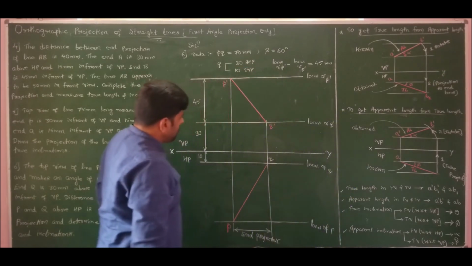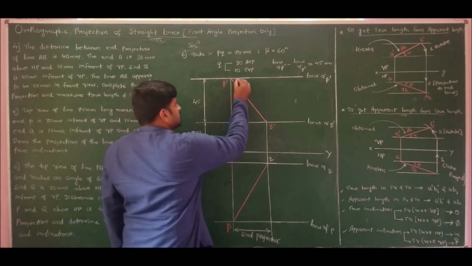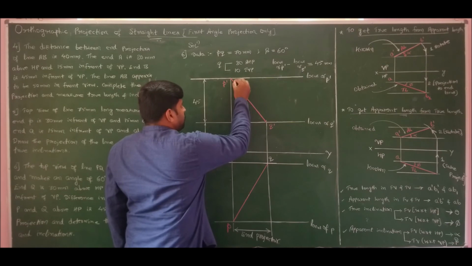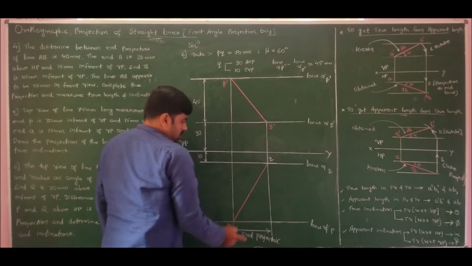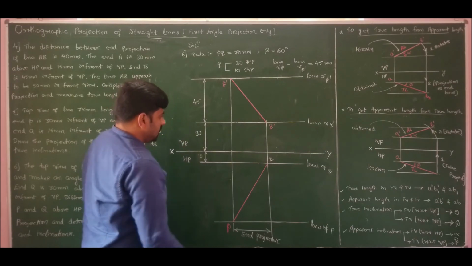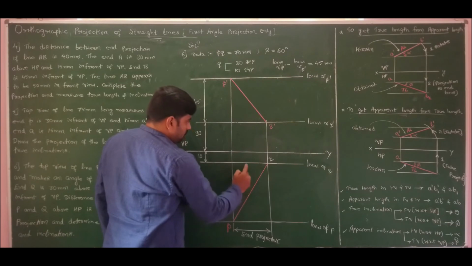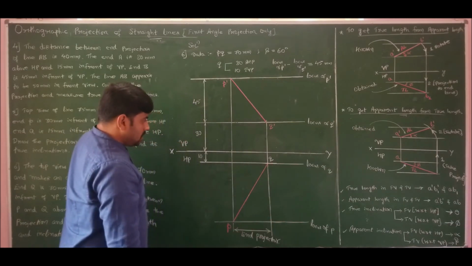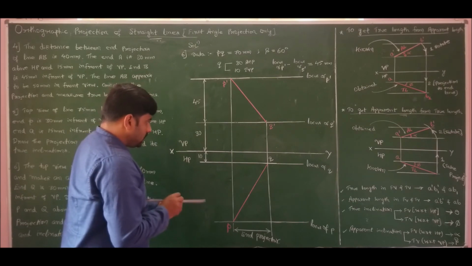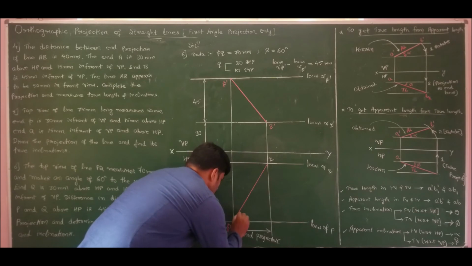So this completes apparent front view and apparent top view. So this measures the angle alpha and this measures the angle beta. Actually we have taken beta here, that angle should remain same here also because of alternate angles. So which I can show here. Beta, which is given for us.